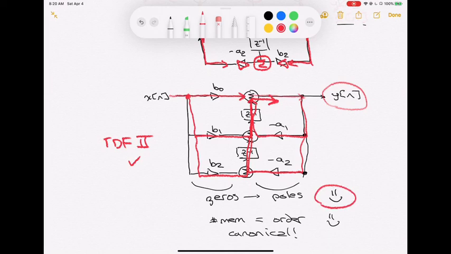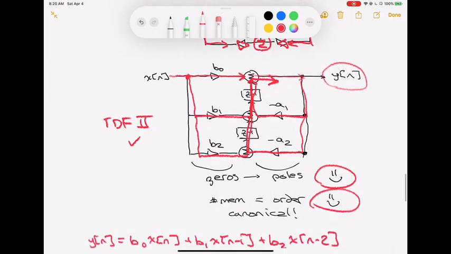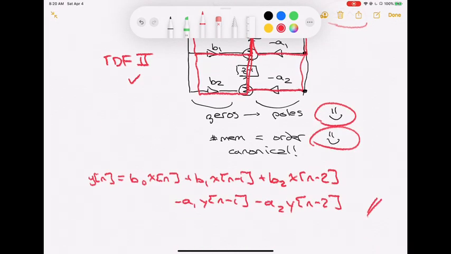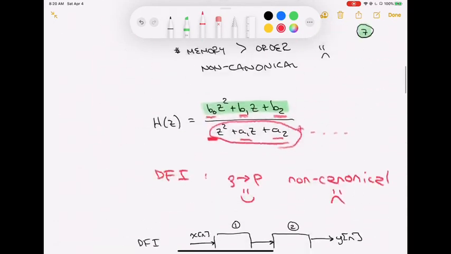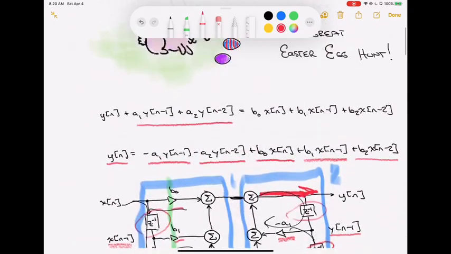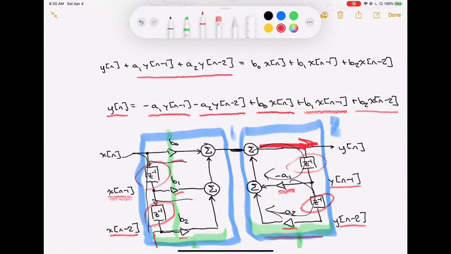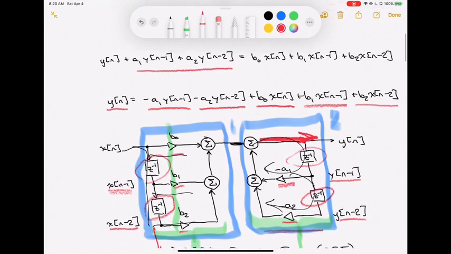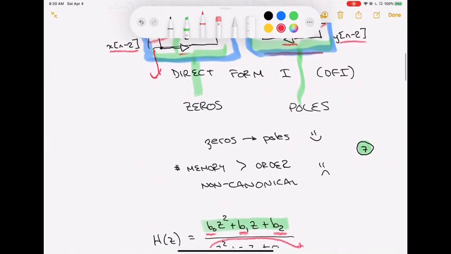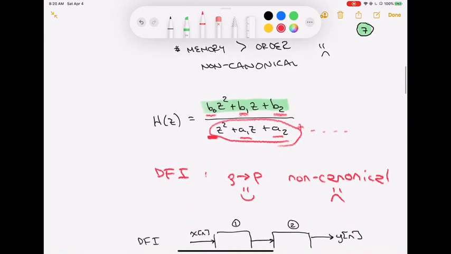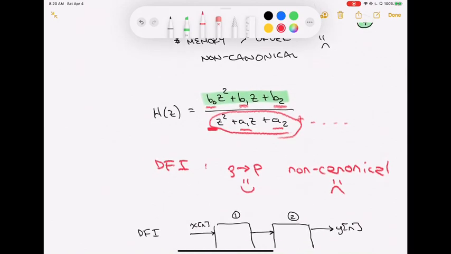And it does it with a happy kind of realization that definitely makes me happy. So where are we at on this? We are trying to make sure that we have a full understanding of this. Let's run back through this really quick. We were starting this thing out by looking at a difference equation. That's this guy. We just wrote it directly from the equations. We got this nice structure, called it direct form 1. It had zeros followed by poles, was non-canonical, and that ended up giving us, in this particular case, a structure